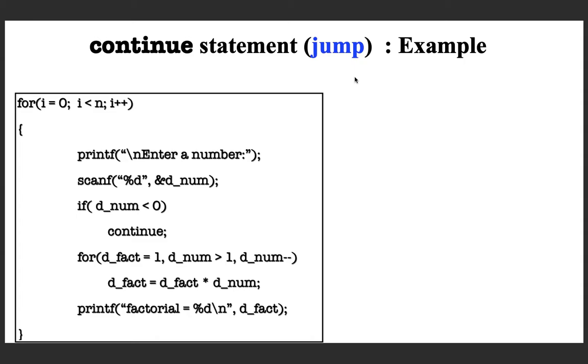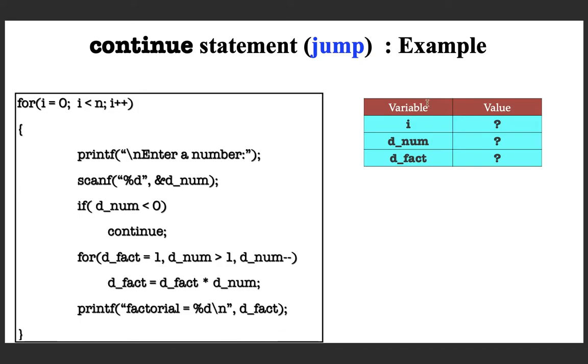Given this part of the program, there are four variables actually: i, then the variables dnum and dfact, and also n is a variable. n is not changed, and so I am not including that in the table. Here I am using this table to maintain the various values that these variables are going to get during the execution of this code. Now, suppose the control comes to this part of the code with the value of n as 2.